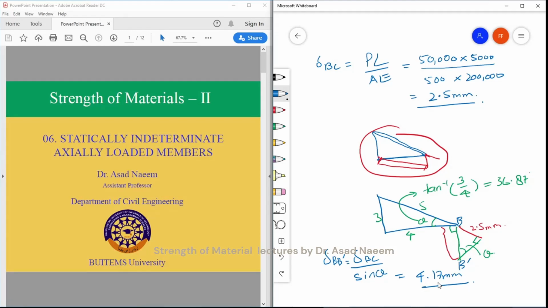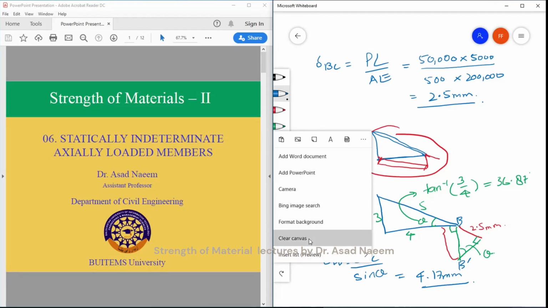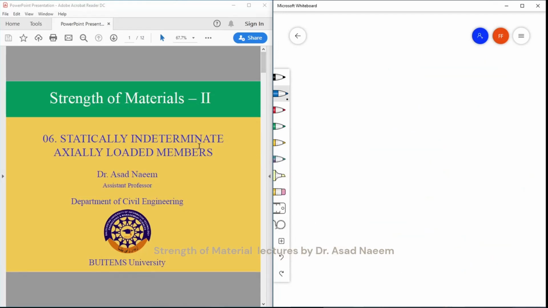So this was your assignment, which I gave in the last lecture. So kindly try to note these assignments along with the numericals that we do in our class. Okay. So today's lecture is about